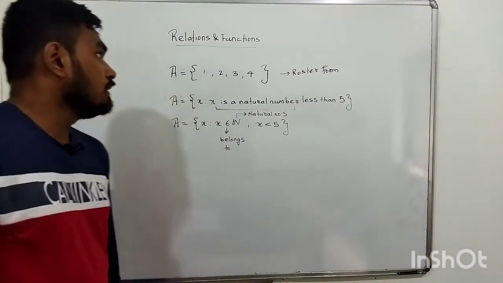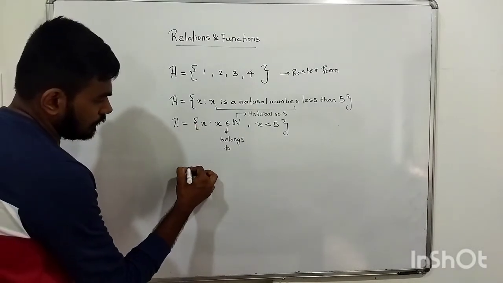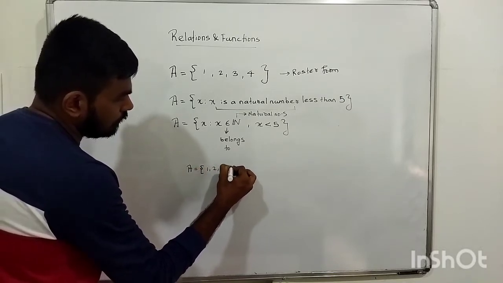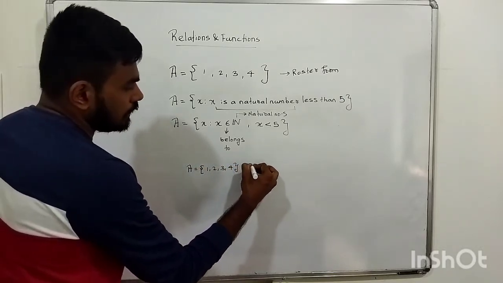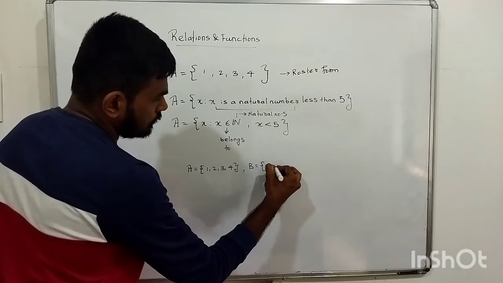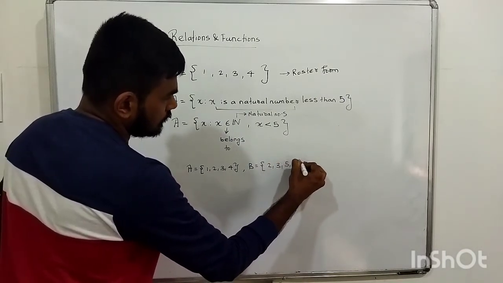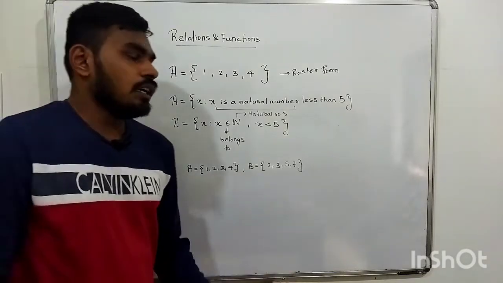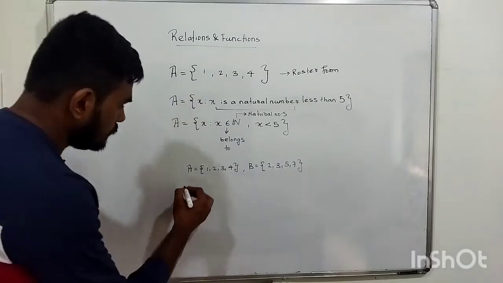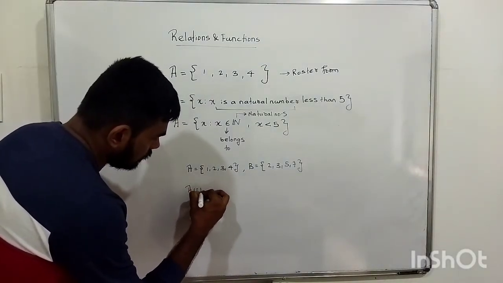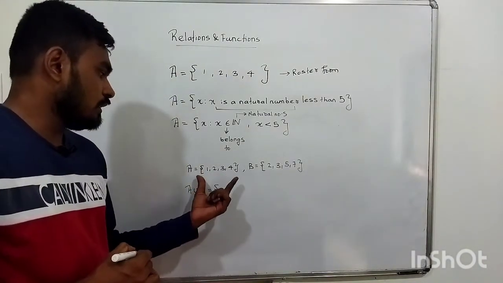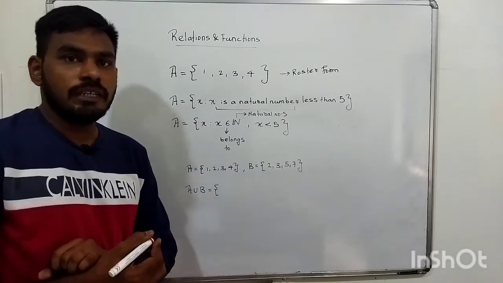Okay, next, now if we have a set A {1, 2, 3, 4}, okay, and one more set B {2, 3, 5, 7}. So from this, how do we write A union B? Union of two sets. How do we write A union B? So different operations on sets we'll learn now. Okay, you already learned this. I'm just revising. Different operations on sets. Okay, this is A, this is B. So how do we write A union B?